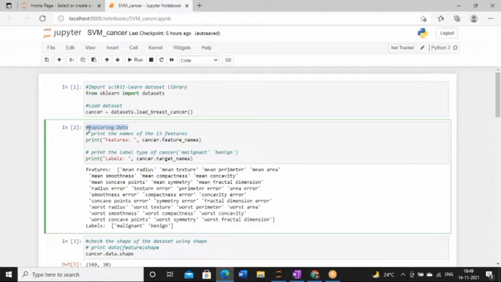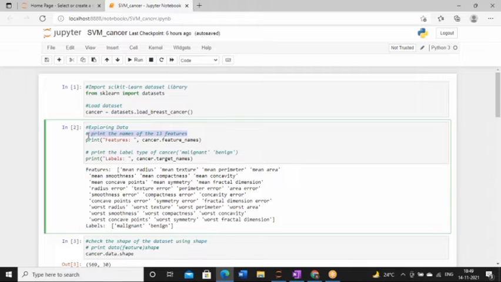Exploring means what? We have to find out the features, how many features we have. Since I have already studied this data set from the UCI machine learning repository, it is clearly mentioned in the data set description that we have 13 features.